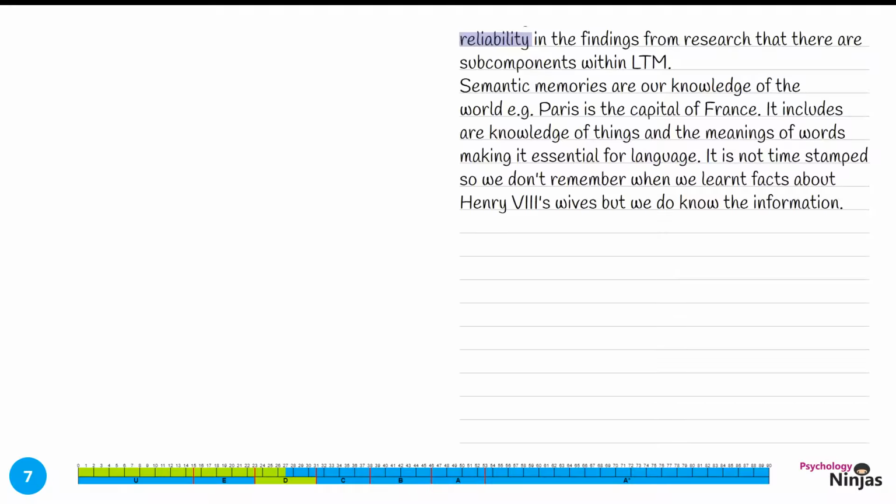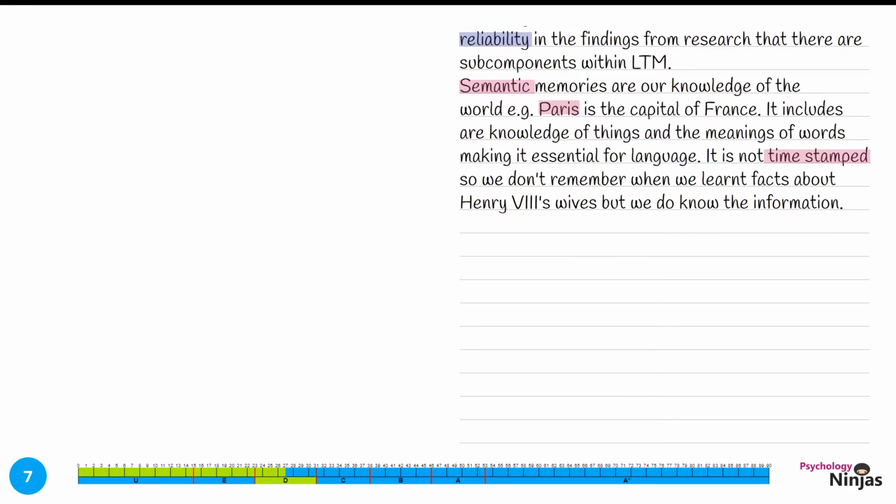We've identified our knowledge of semantic memory, giving specific examples. Now, these could be any examples about factual knowledge. We've gone for Paris being the capital of France. It's also important here that we talk about them not being time-stamped, so we're not able to time travel in our semantic memory. We're going to move into evaluation here, and we're going to start to talk about how Tulving's